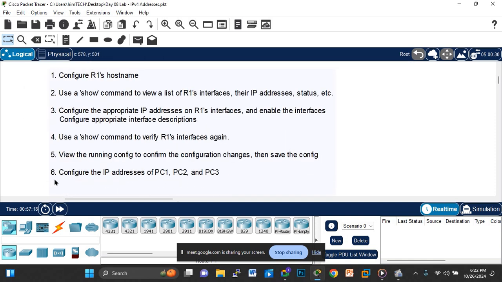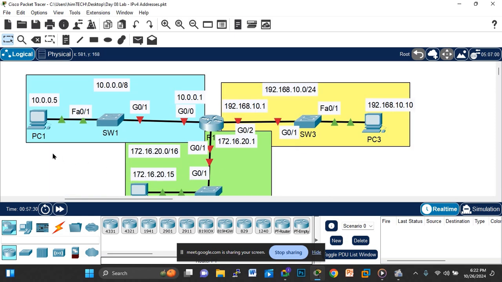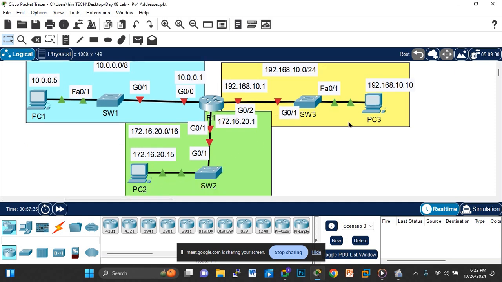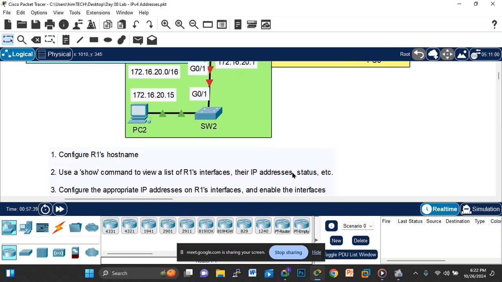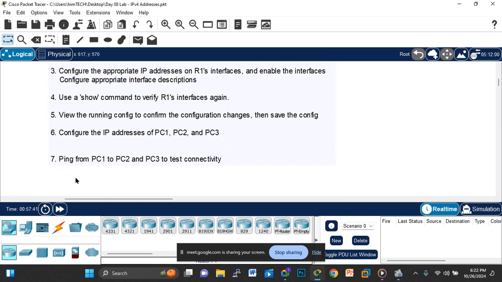Then our sixth step today is to configure IP addresses on the PCs. I think I made a mistake here. On PC1, PC2, and PC3. As you can see here, we have PC1, PC2, and PC3. We need to assign IP addresses to these PCs. Then the 7th step is what? We need to ping from PC1 to PC2 and PC3 to